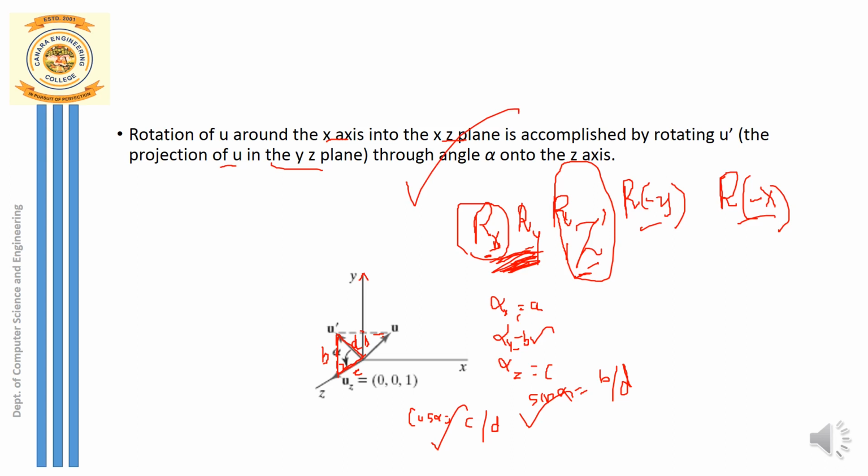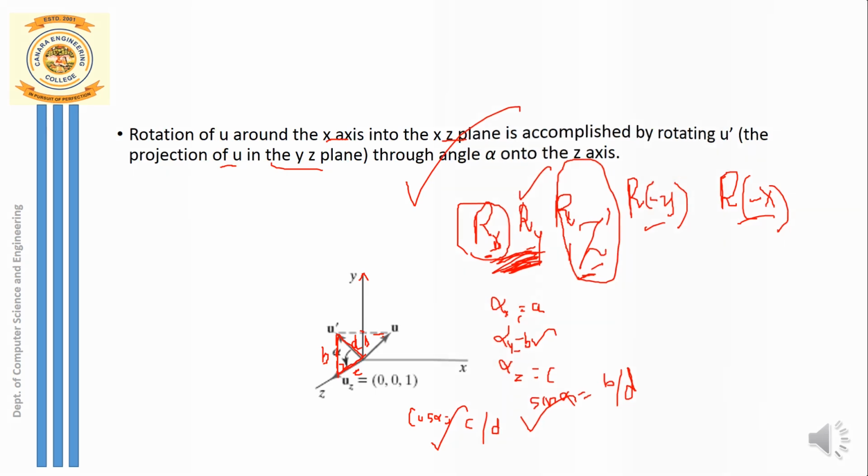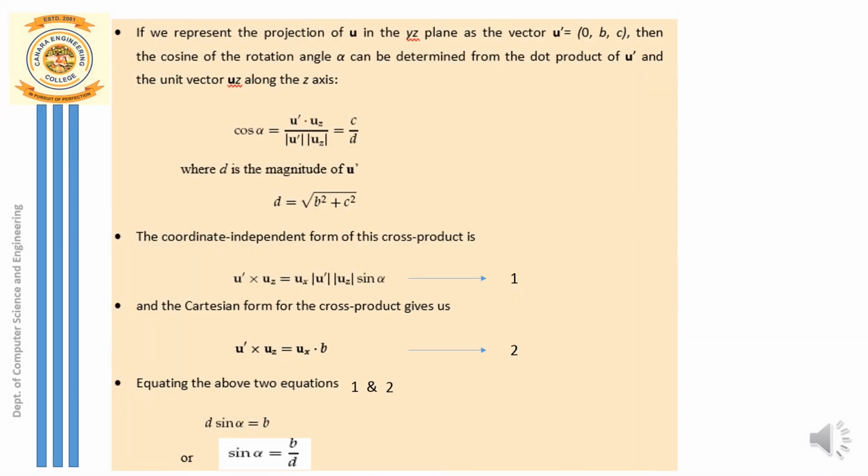So first I have performed the rotation along the x-axis. What is the next step? Carry out the rotation along the y-axis. Now let's see what the rotation matrix is with respect to the x-axis. Before I do that, you can see cosine of alpha is given by c by d, and as you already know, my right angle triangle was something like this with d, the component c here and the component b here. As per the Pythagoras theorem, d square is equal to b square plus c square. So d is equal to the square root of b square plus c square.